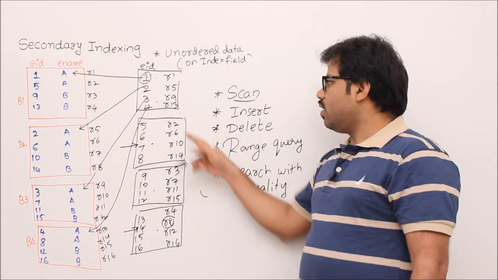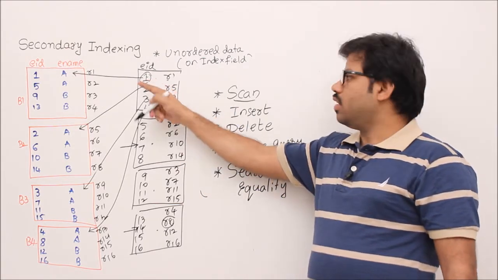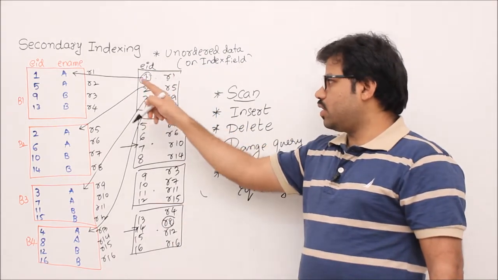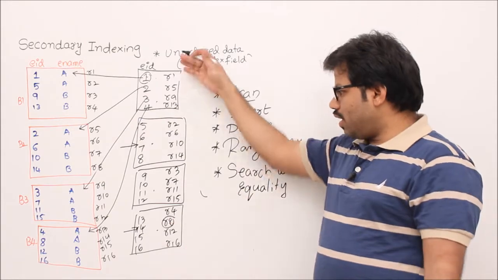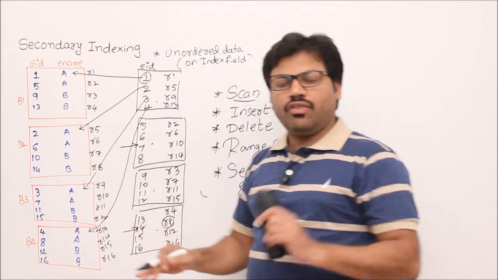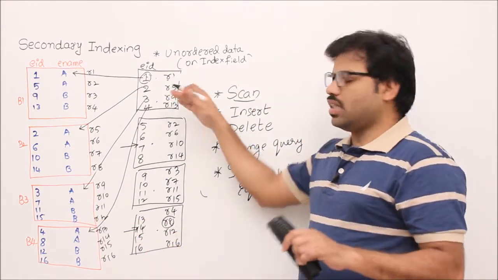Simple. To scan, if you really are using the index, then go to the first one, because you are scanning, scan the index like this. 1, go to R1, fetch it. 2, go to R5 and fetch. There is no advantage of the index. Rather than doing this, I can do that directly on my file, correct? But really, let's say your query optimizer uses it by mistake,